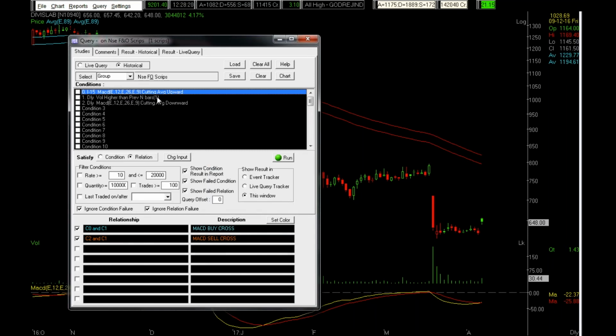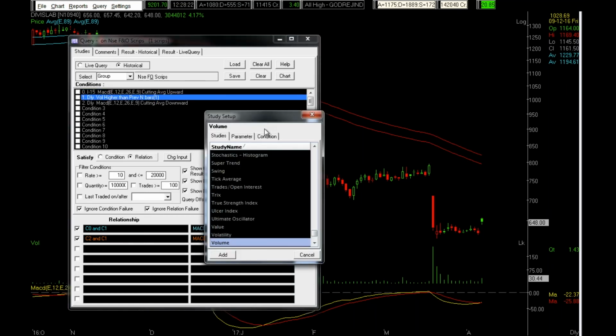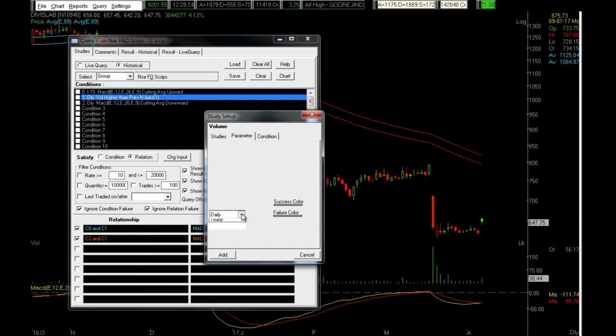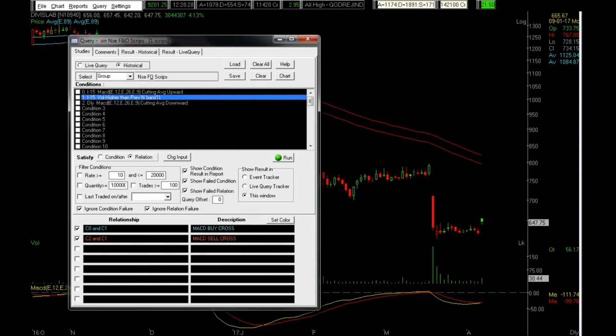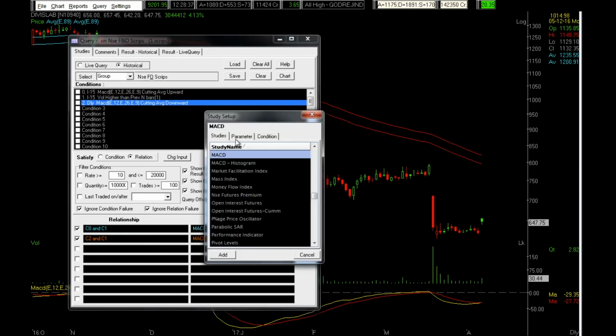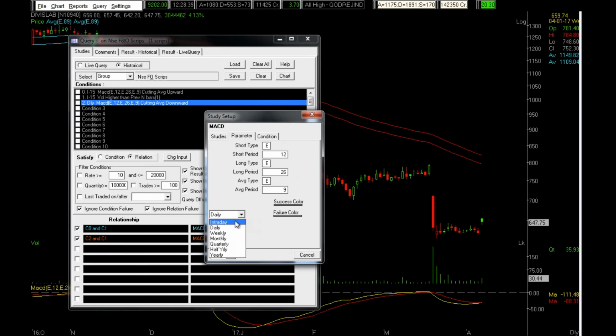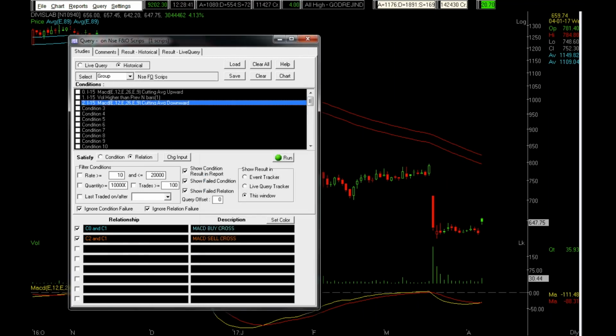Perfect. Now with that, I would want the volumes also to be higher. So come to parameter and on the daily, make it intraday. By default 15 has come, add it. Again read it. Intraday 15 period, volume higher than previous 1 day, 1 bar. Perfect. Second one, the third one, that is daily, make it intraday and you add it, cutting average downward. Now when you run this,